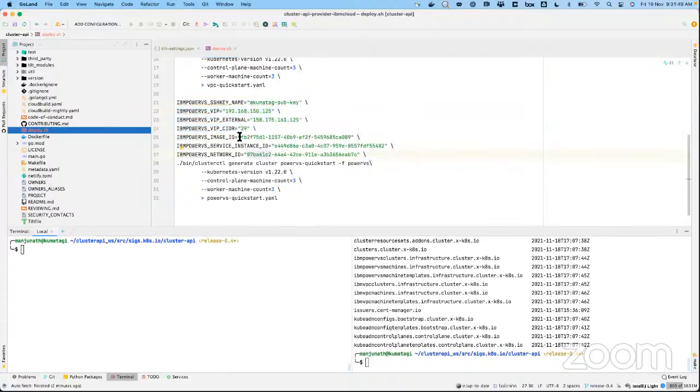Another very important argument is the image ID we use for Power VS. This is not any of your generic CentOS image. This is a special image we create for the CAPI project.